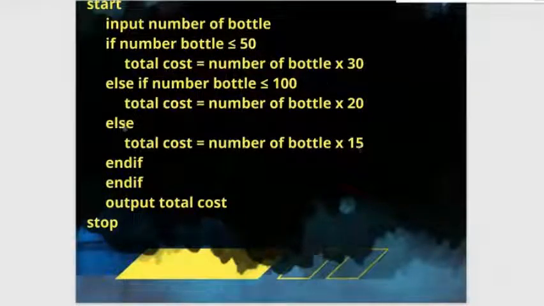And you can see here we have end if, okay, two end if. Why? Since we have two if, one, two, one, two. But what happens if you write only one end if? No problem. Okay, no problem. No marks will be deducted. Okay, since there are two if, you write two end if. But if you write one end if only, it is acceptable because